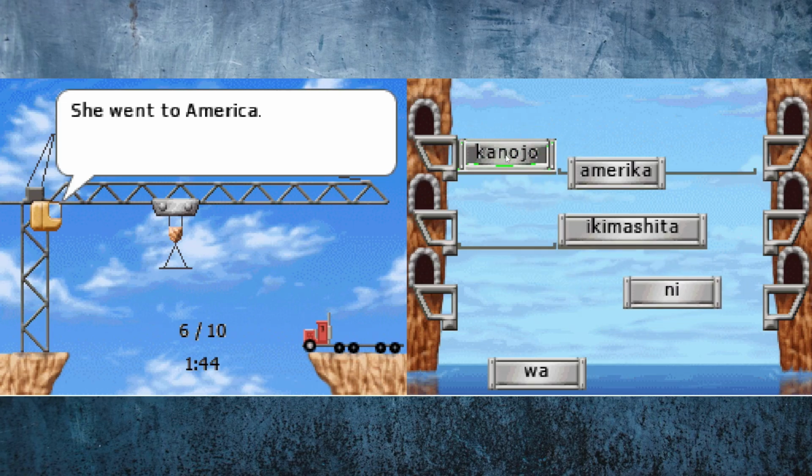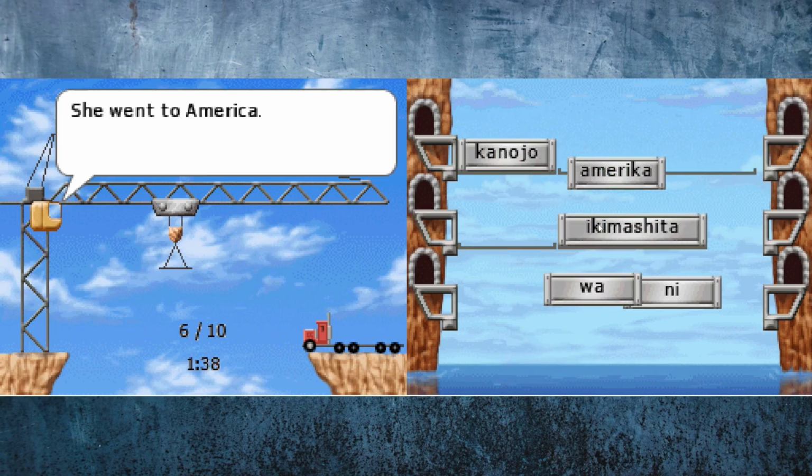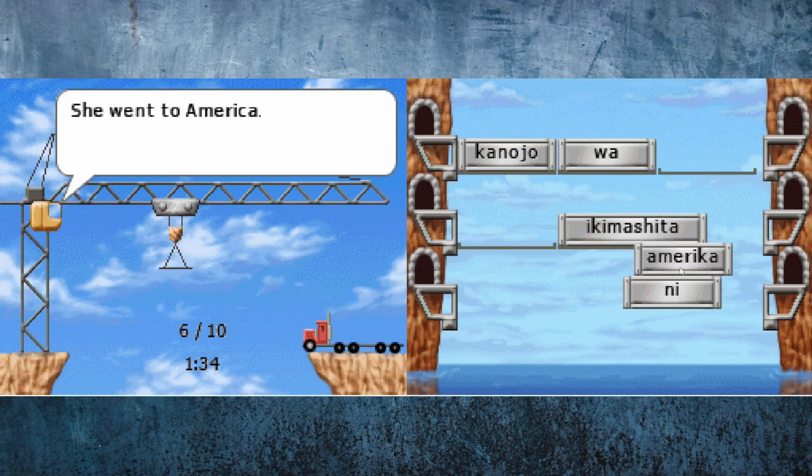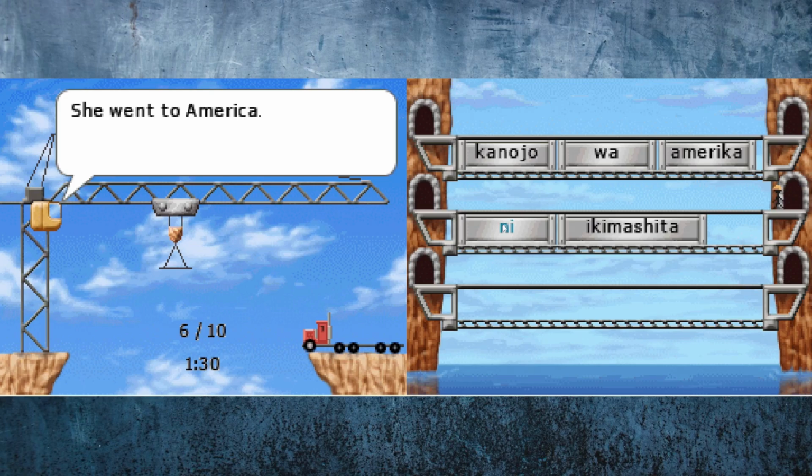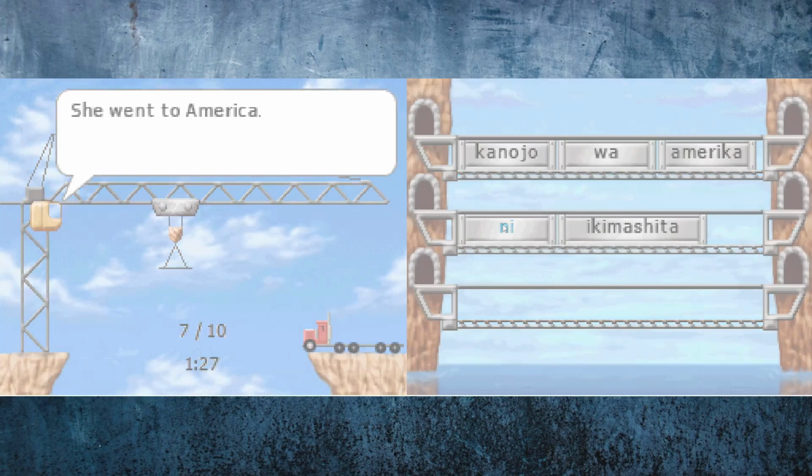And my friend is spamming me on Discord right now. So kanojo wa America ni. I can't grab it, hold on. Okay. America ni ikimashita. 彼女はアメリカに行きました。